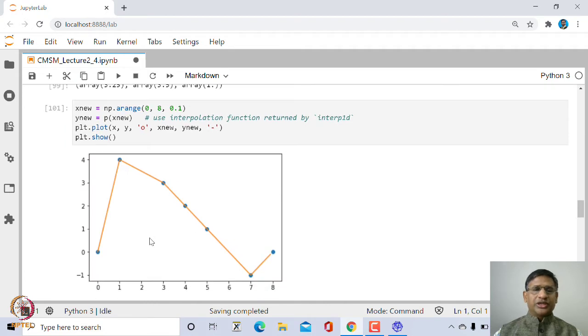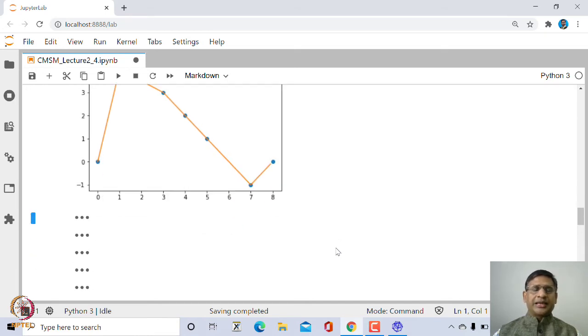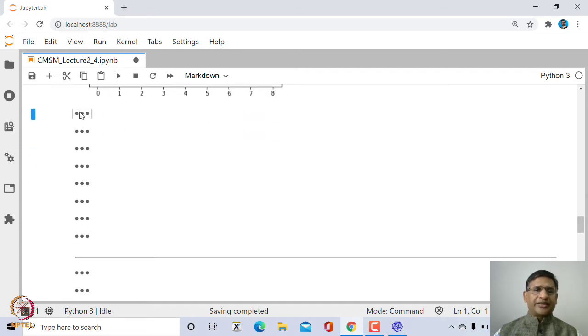So this is how the interpolating polynomial looks like. You can take higher degree interpolating polynomial and then try to plot its graph and then set of points. We will do more examples of this kind using Sage Math, right.